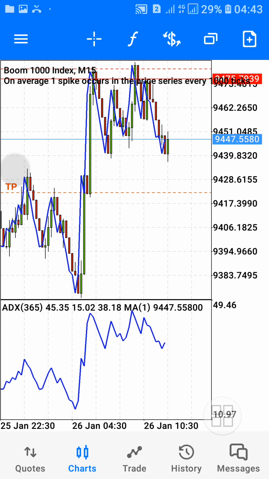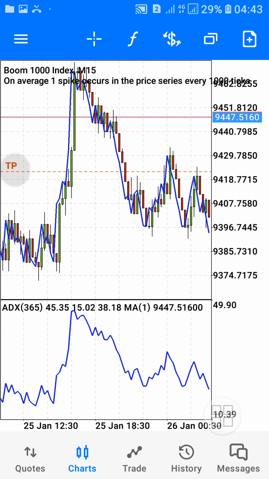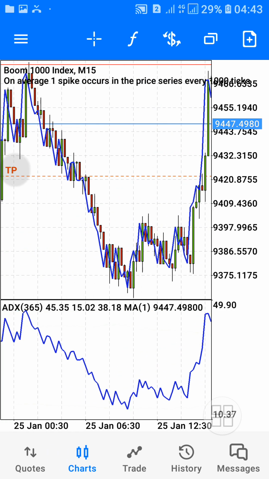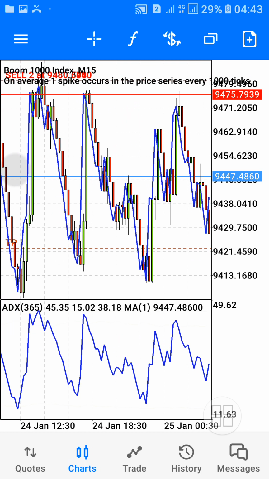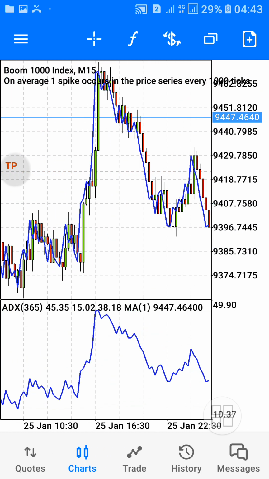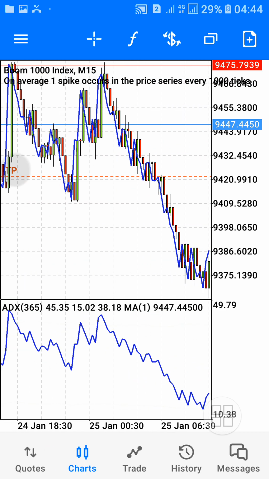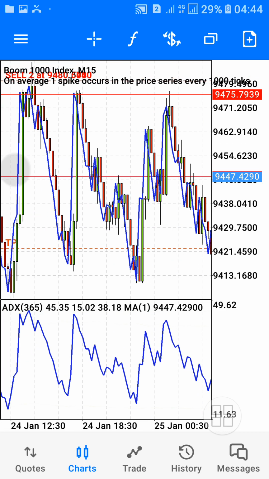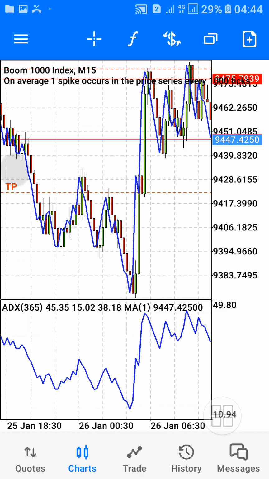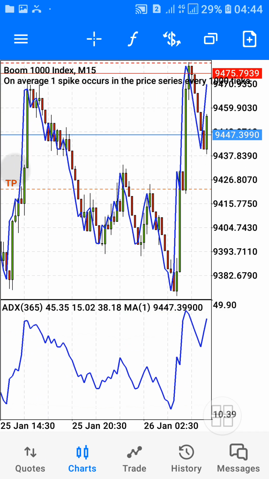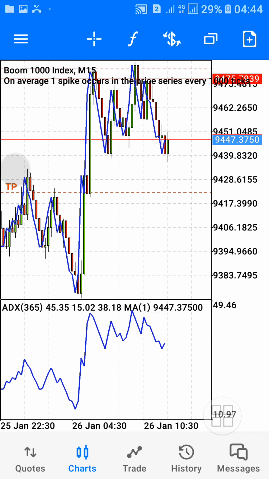So now what I am telling you is this. Price action is always the key here. Price action is the key. You can see here I just took advantage of this range. If you watch my horizontal line, whenever this market gets to this level, it's always selling down from there. It will spike all the way here and sell down. So I have to take advantage of this since it's ranging.